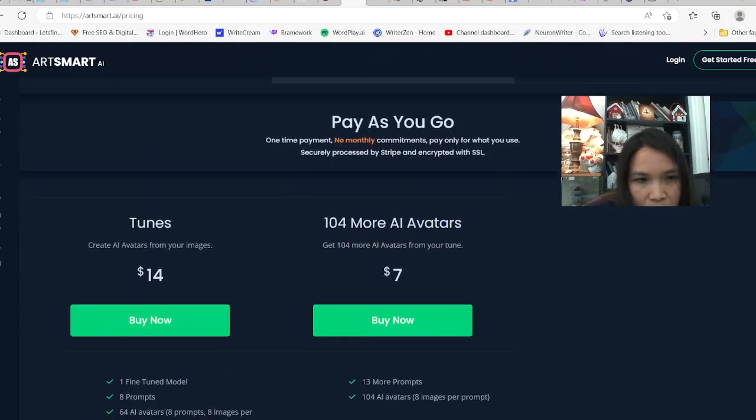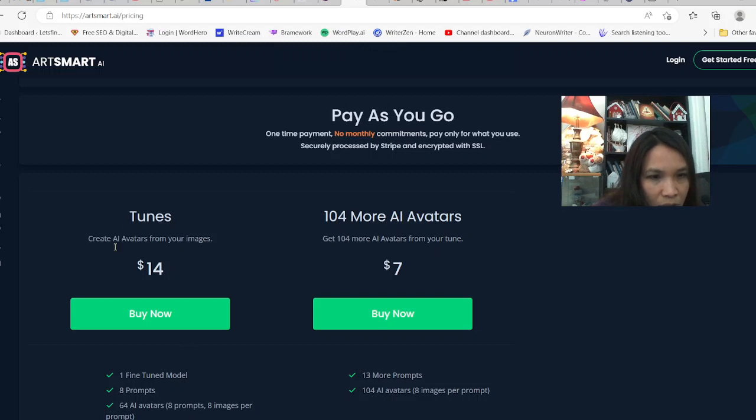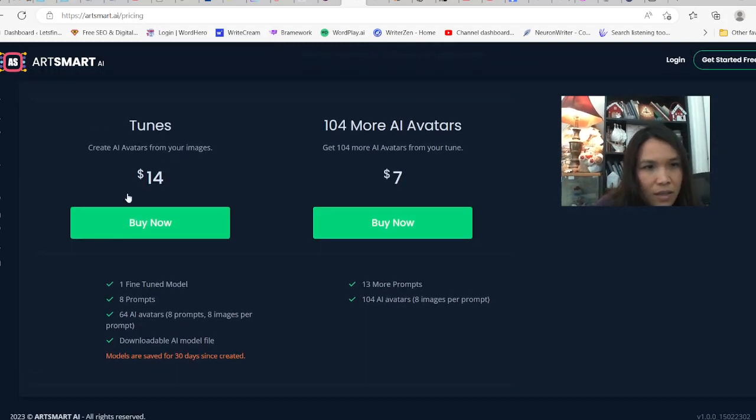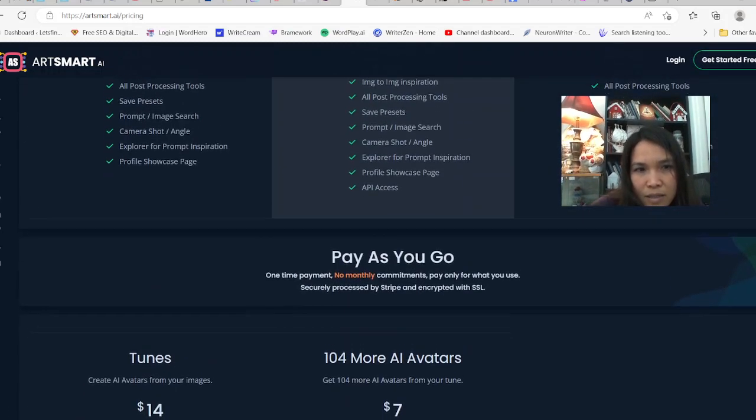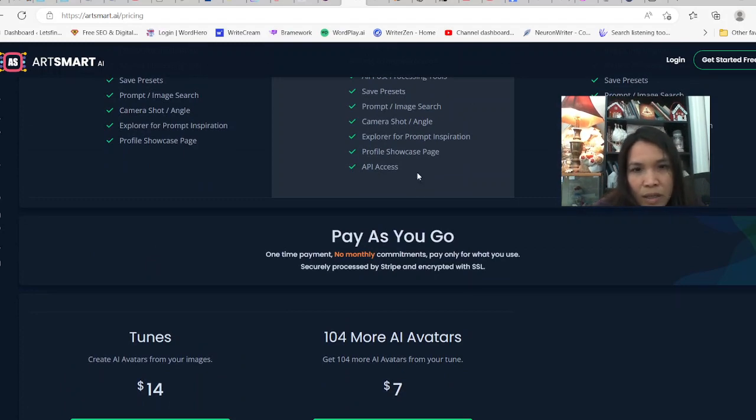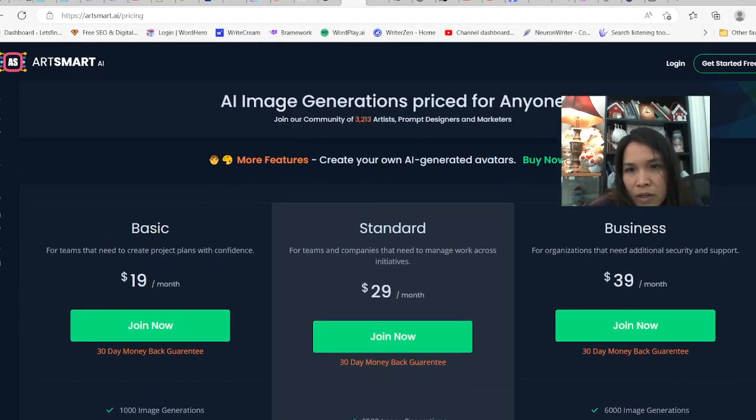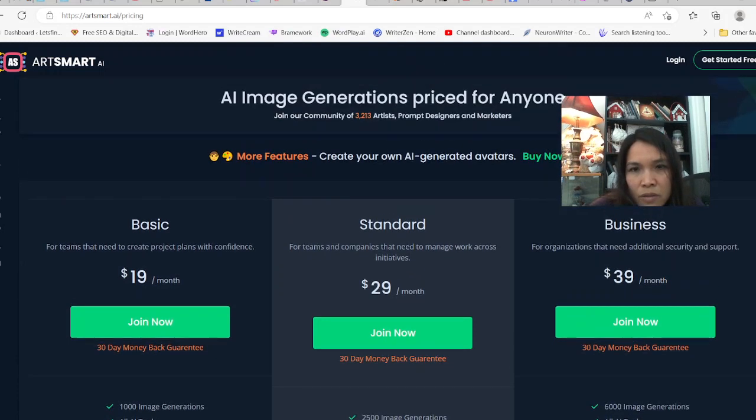Wonder where it says Tune. Here we go. Tune. Create an AI avatar for your images. So basically, you create images that have your face in them. And that's pretty cool. So I think you want to check out this platform, it's really cool.